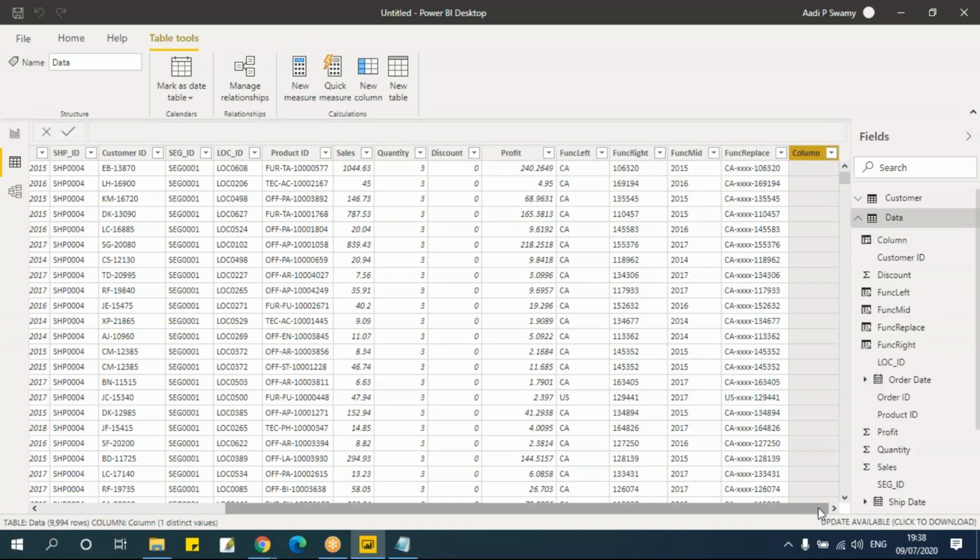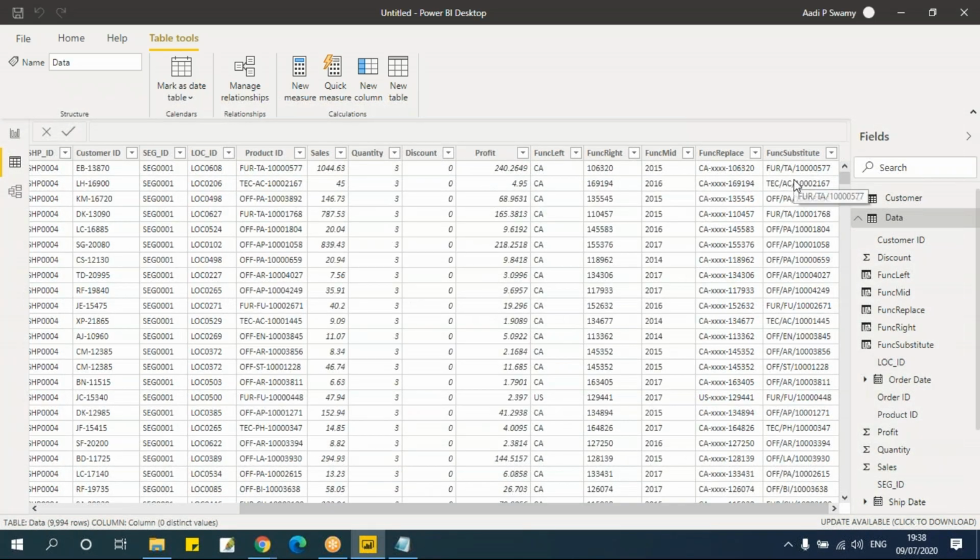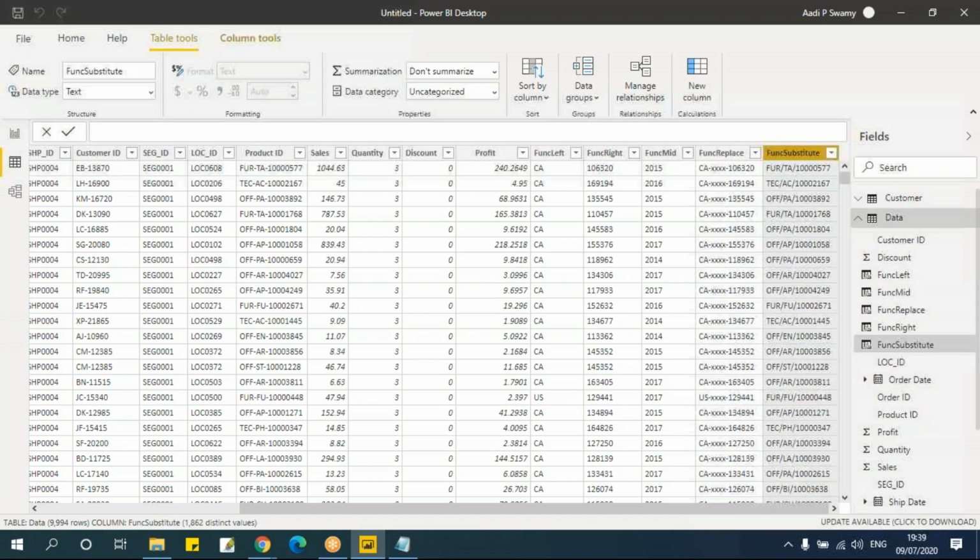When I say enter, the hyphens here will be replaced with slash. Like this. In this case, both the hyphens are replaced. Now, suppose if you want to replace only one hyphen, it can be the second one or the first one. Then I'll say comma. Here it asks for instance number. Instance number means which occurrence I need to replace. So in this case, if I say 1 and say enter,